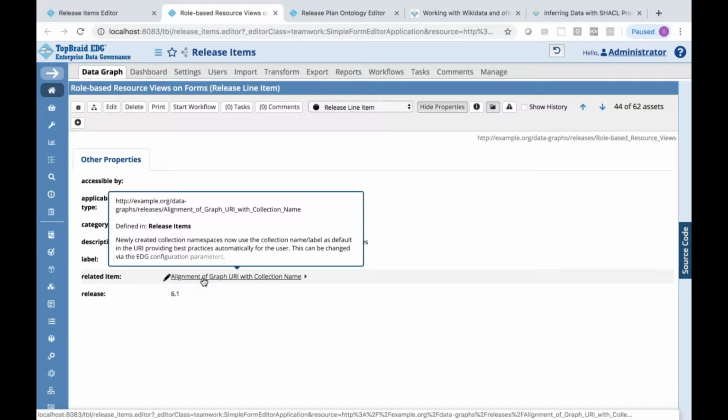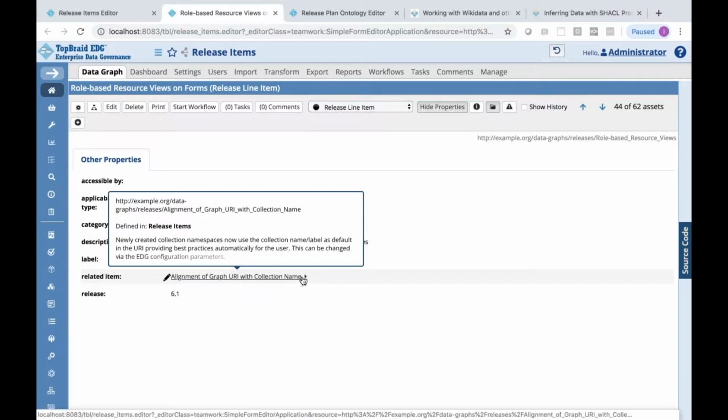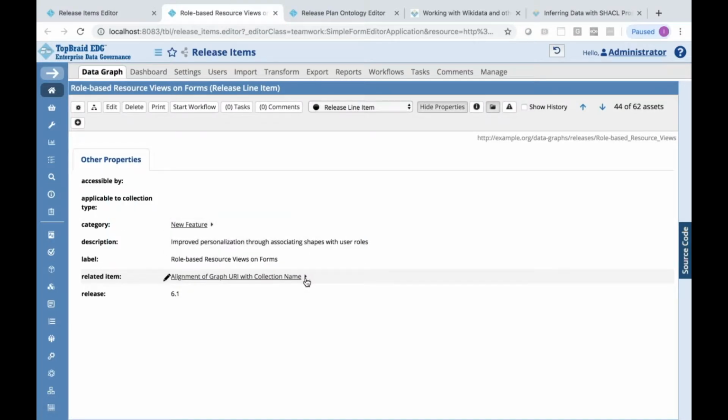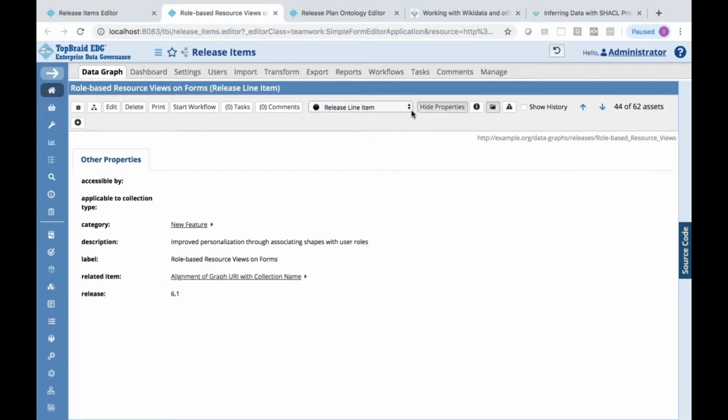So this is defined in the graph we are in, the release items, but it could have some other home asset collection, and then a short description. You could also see a nested form like this. So again, this lets you stay on one form without necessarily navigating into another, and that's something that our users find helpful.